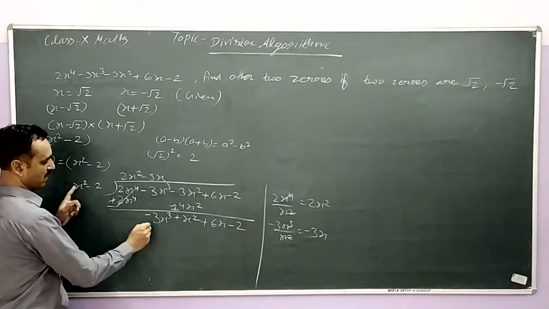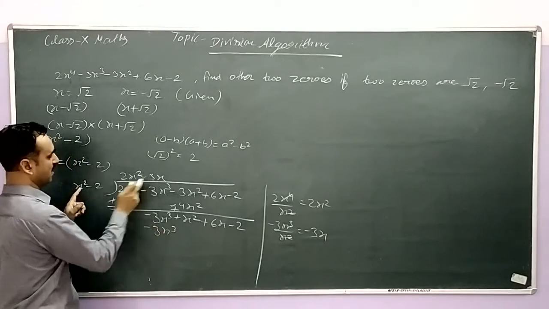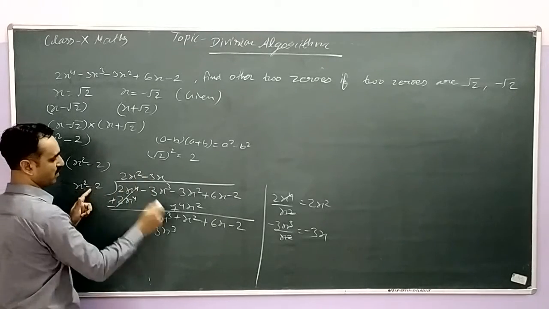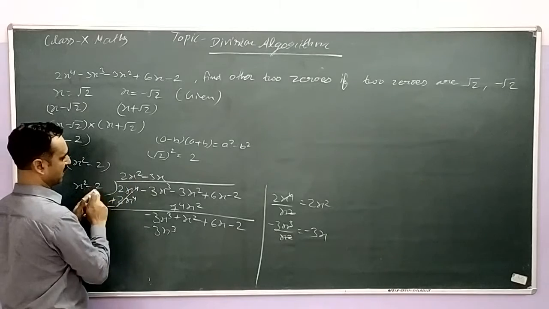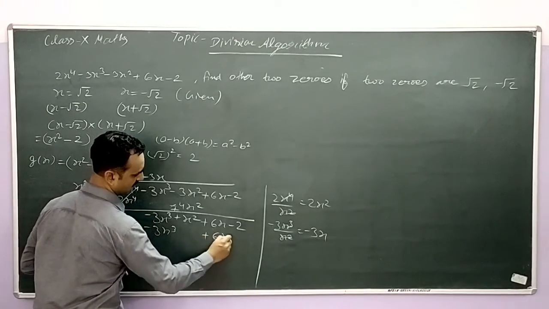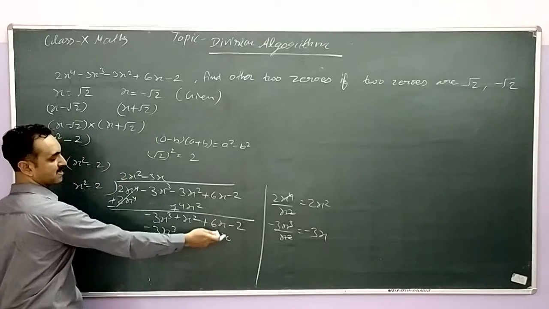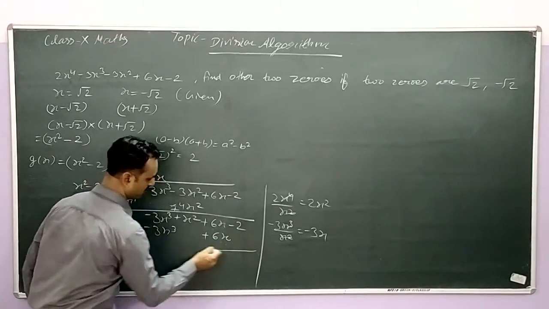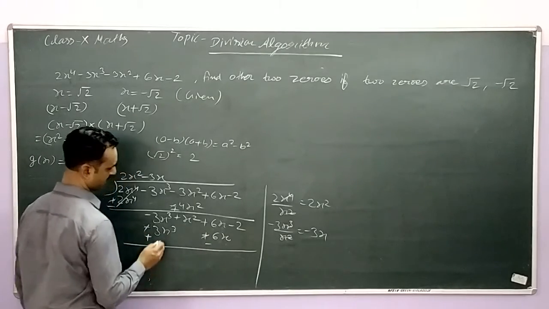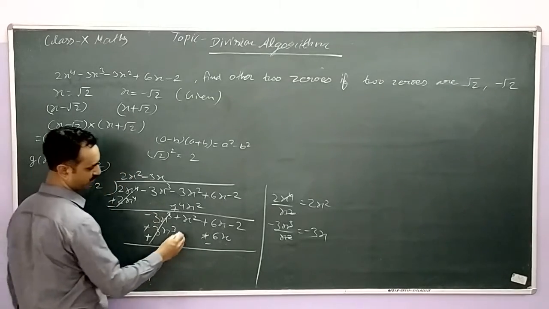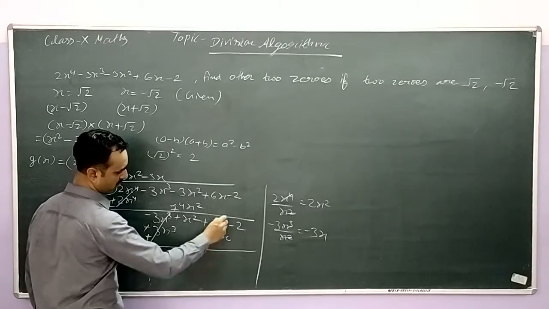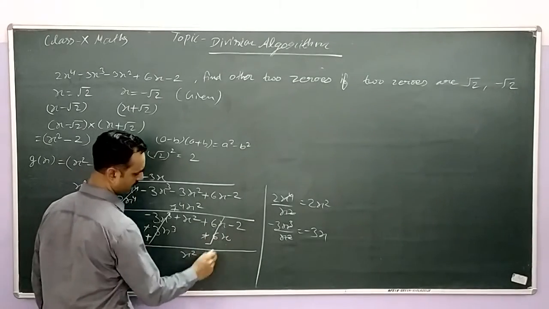Now minus 3x multiplied by x is minus 3x cube, and minus 3x multiplied by minus 2 is plus 6x. So don't write it there, write it here, plus 6x, like terms. You have to write x on the x term. Again sign change: minus plus, plus minus. Minus plus cancel out, plus x square as it is, no sign change, plus 6x minus 6x, opposite signs cancel out, minus 2.